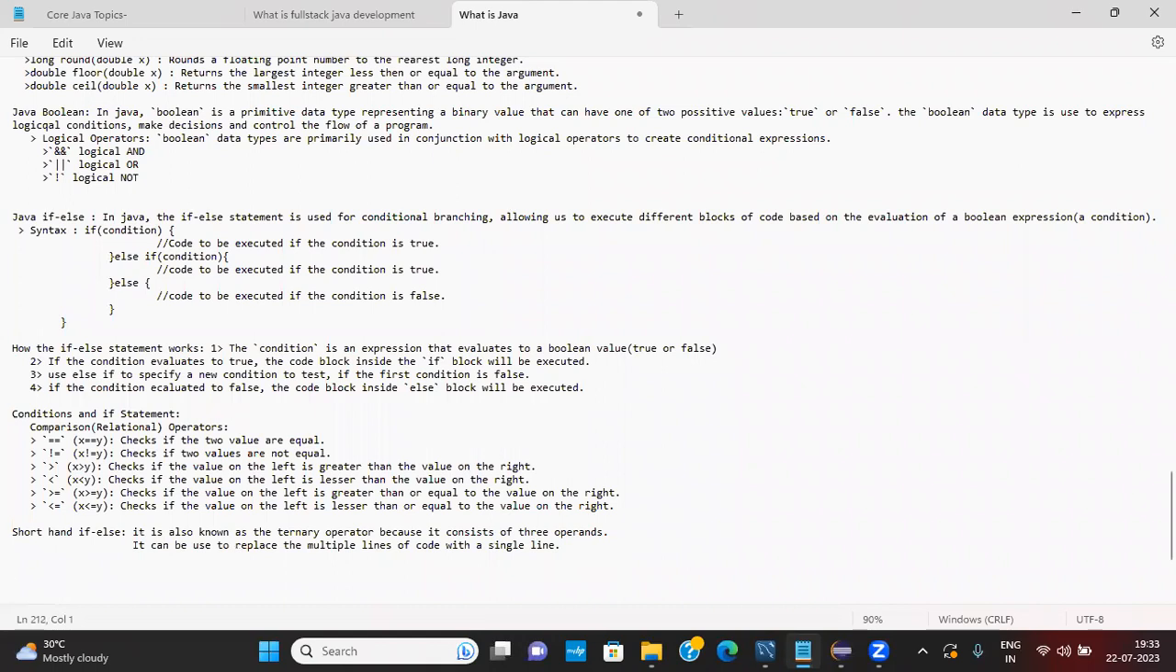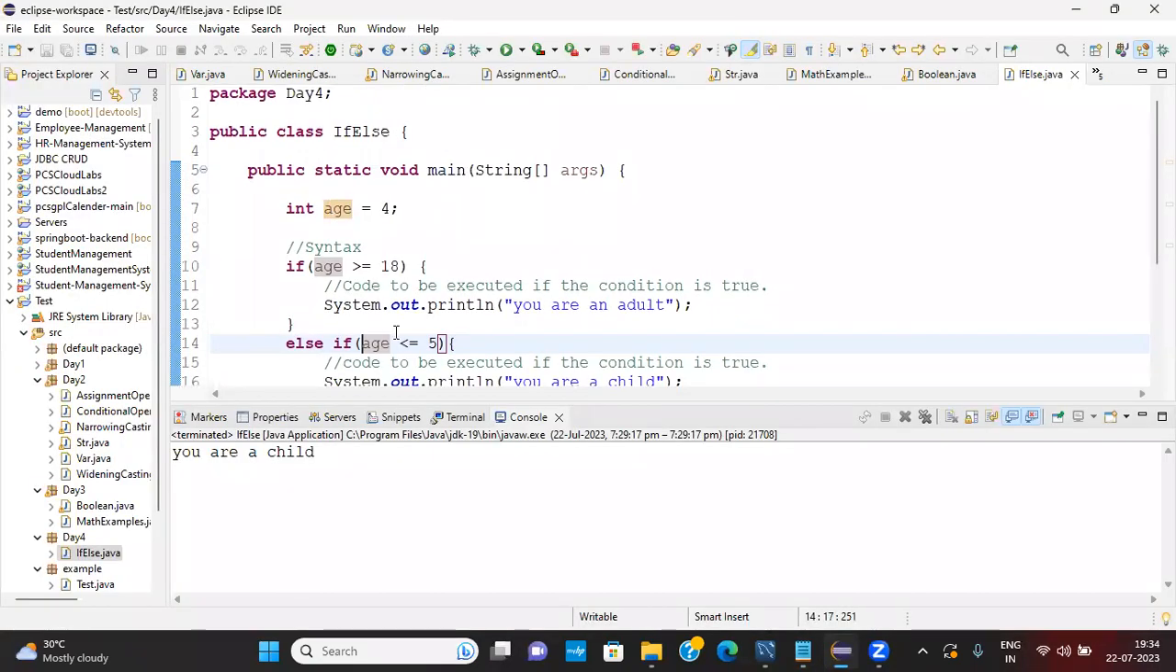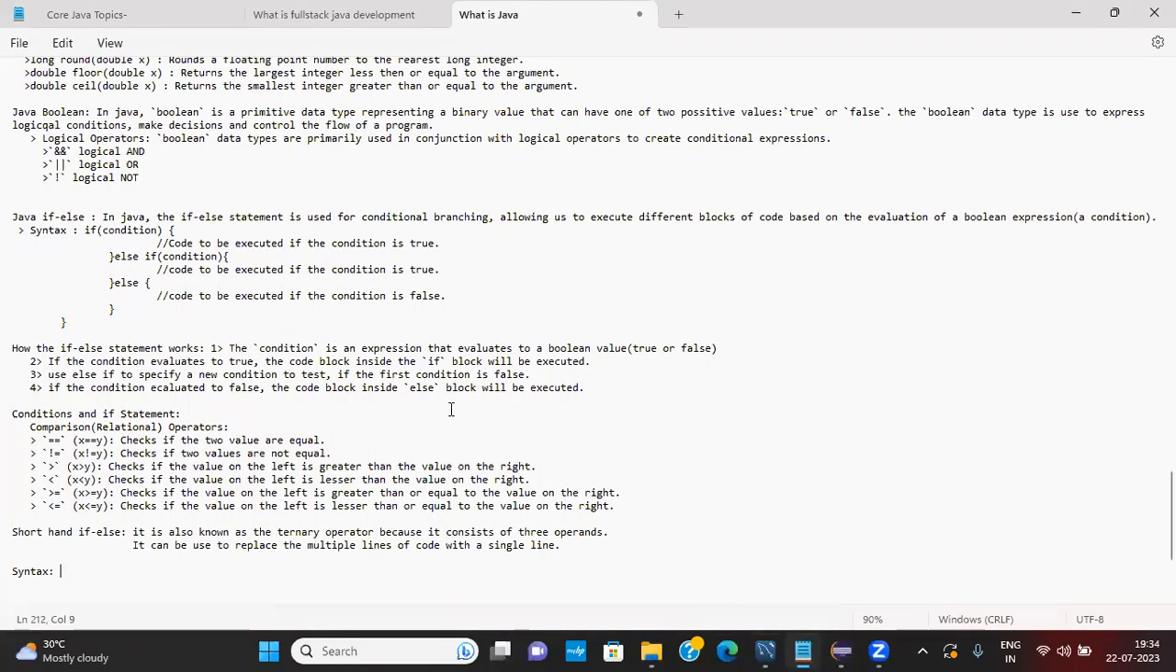So let's see the syntax for shorthand if else. Syntax. First, we give the variable, whatever variable we are using; the variable here is age. We give the variable first, and in a single line it looks like: variable equals, and here comes the condition portion, the condition,